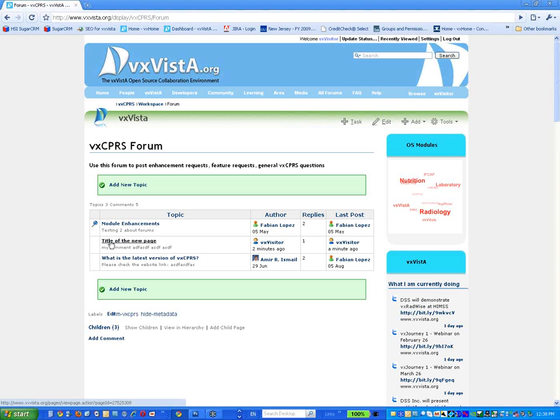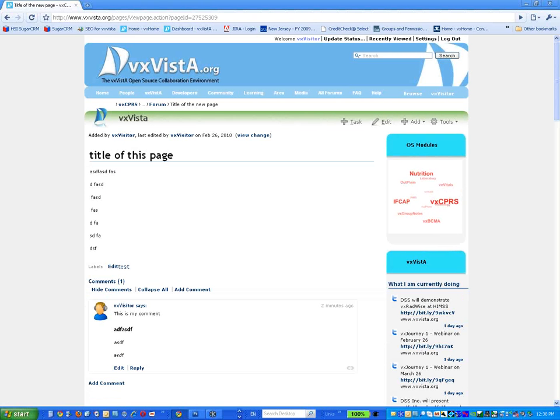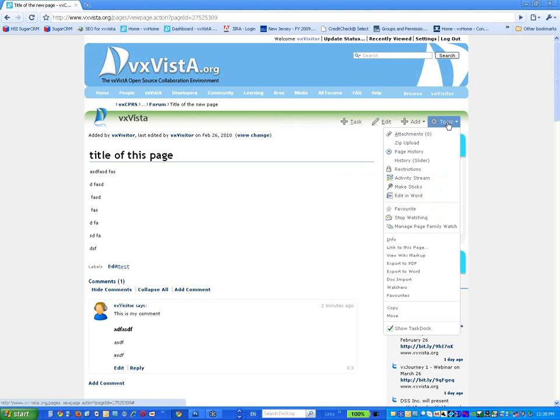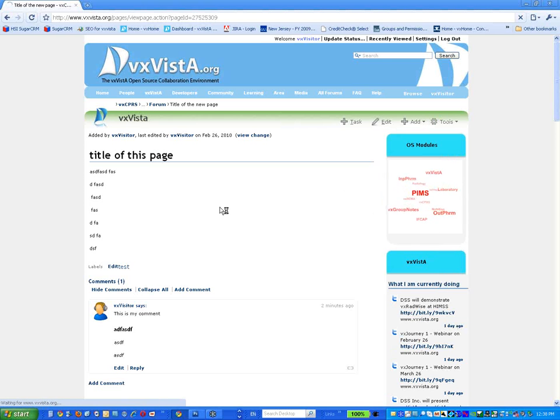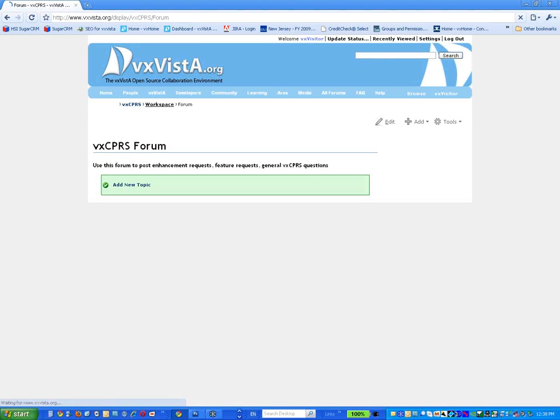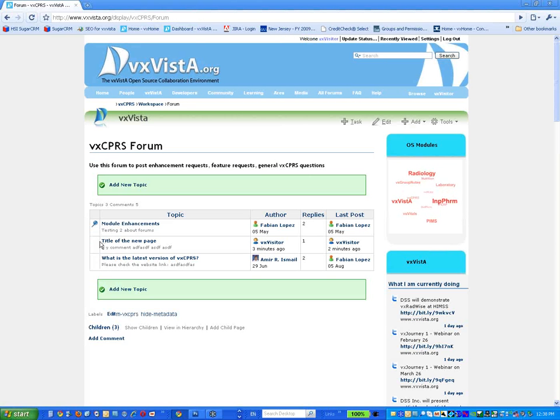And let's say you want to be sure that your page is not pushed down into the system because your topic is very important for the community. You can modify that by going Tools, Make Sticky. If you make your page sticky, that means your page is going to be always on top. It's an extra feature of the forum functionality. This is going to be refreshed maybe in a couple of minutes. But then if we add new pages, they are going to be added after this page that you have already there. Okay, at this point